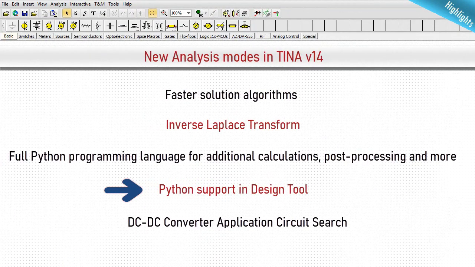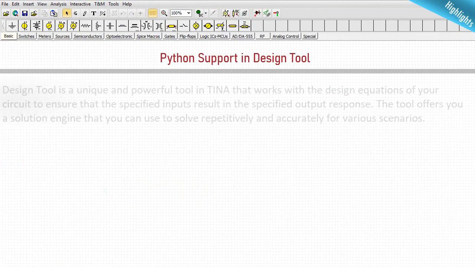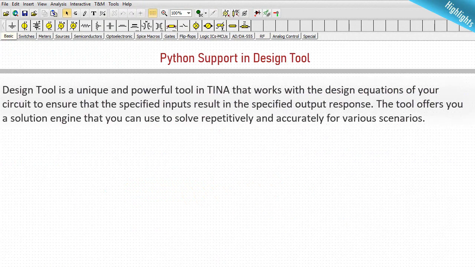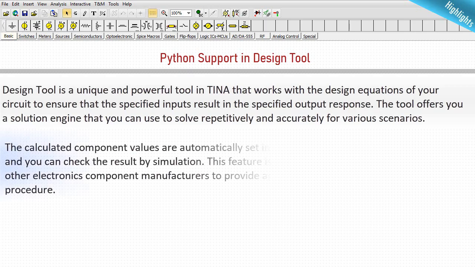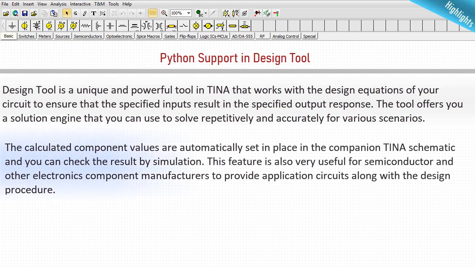Python support in Design Tool. Design Tool is a unique and powerful tool in TINA that works with the design equations of your circuit to ensure that the specified inputs result in the specified output response. The tool offers you a solution engine that you can use to solve repetitively and accurately for various scenarios. The calculated component values are automatically set in place in the companion TINA schematic, and you can check the result